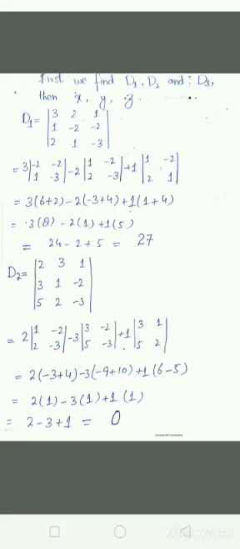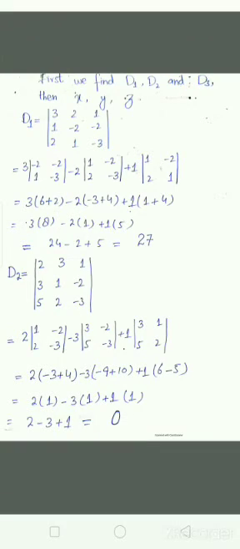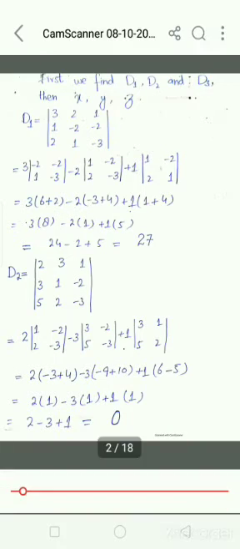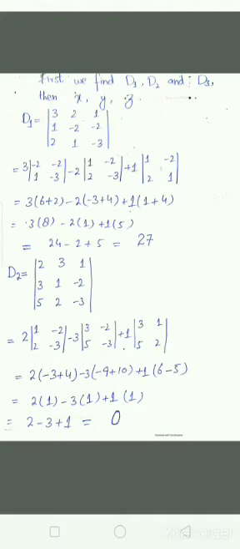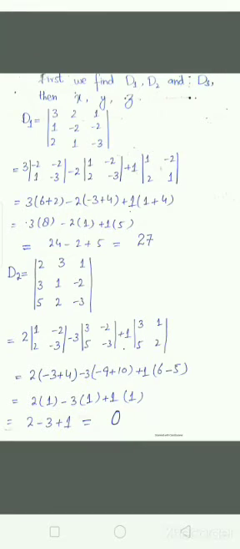D1 is equal to the determinant with rows 3, 1, 1; minus 2, minus 2, 2; 1, minus 3, mod. So by expanding with the first row we will get the same steps. 3 is outside, then 2 is outside with minus sign, then 1 is outside with plus sign, and after deleting the rows and columns which are included in these numbers, we will get the second step, and finally after simple calculation we will get the determinant value which is equal to 27. Now the D1 determinant is found which is equal to 27.